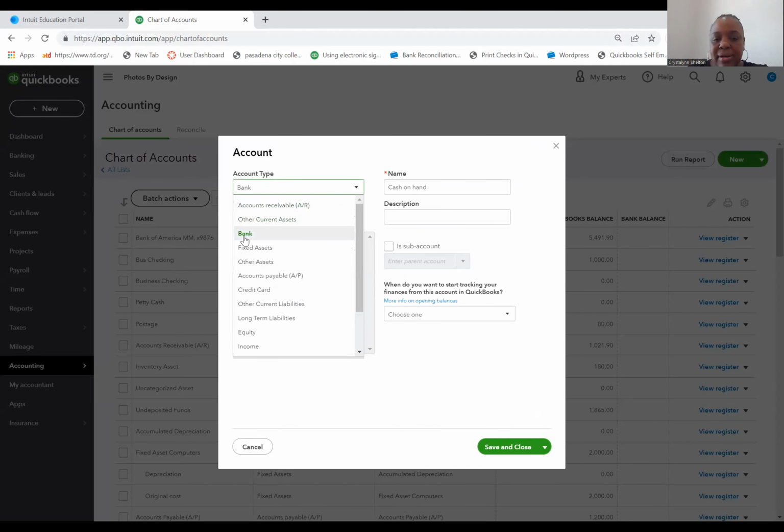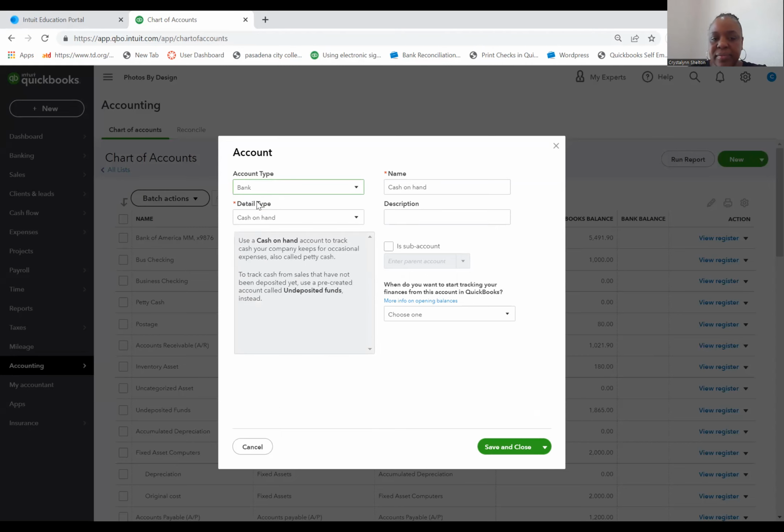And we are going to go ahead and set up a bank account. So that is the account type. The detailed type really lets QuickBooks know what type of account we're setting up. Is it a checking account, a money market, a rent held in trust, savings, or a trust account? So we are setting up a checking account today, and we're going to call this WFB Business